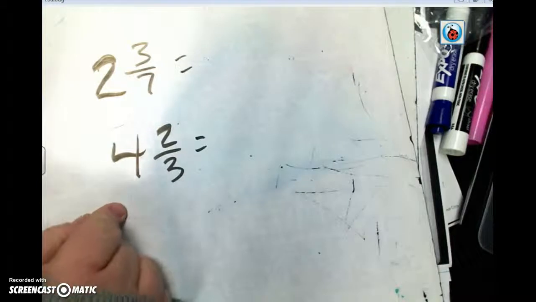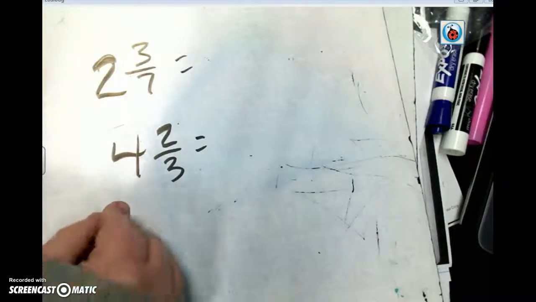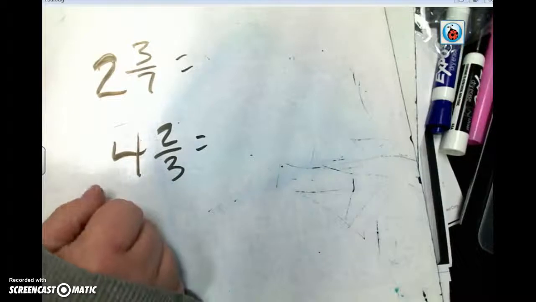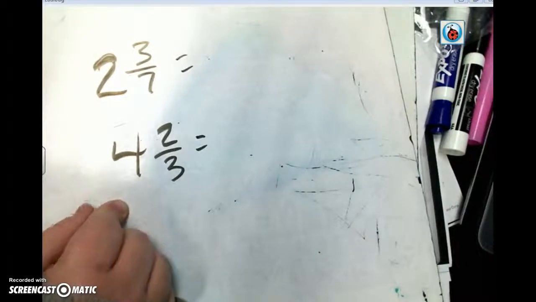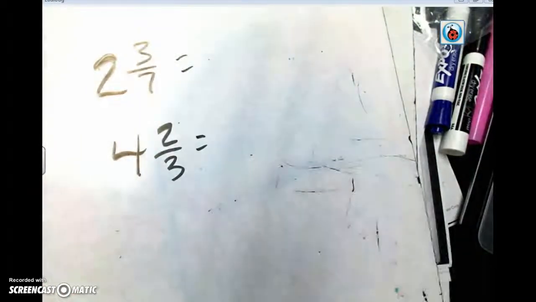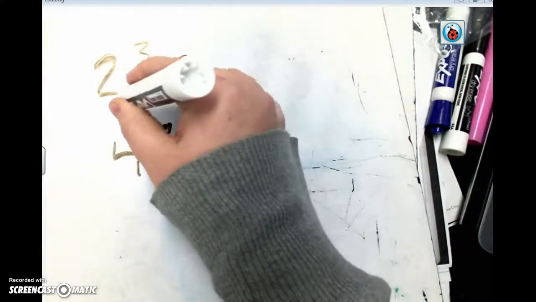Okay, 4 2/3 looks the exact same way as far as having a whole number and also a part, or a fraction. The important thing that we have to remember before we can ever even worry about multiplying fractions is I have to remember how to convert these mixed numbers into improper fractions. And to convert a mixed number to an improper fraction, we follow a little process